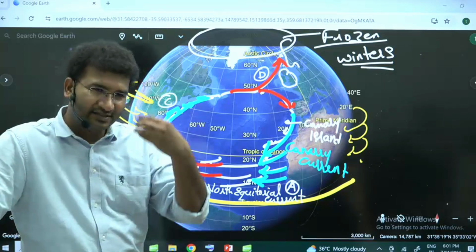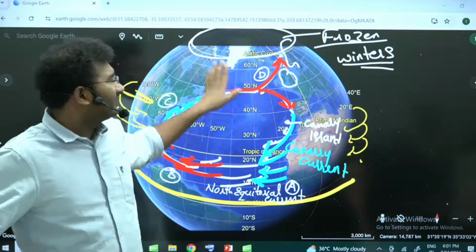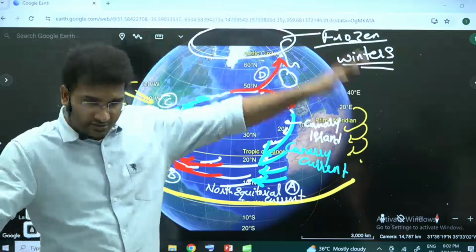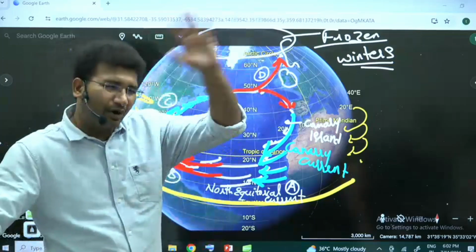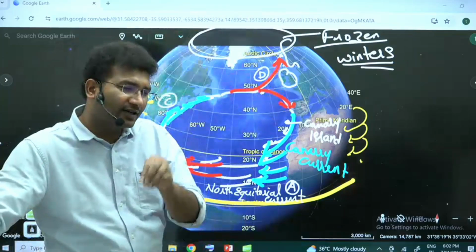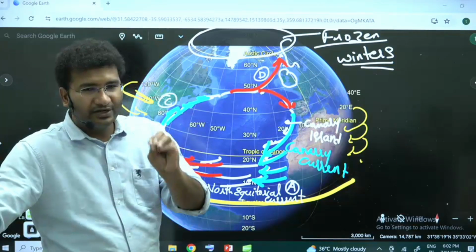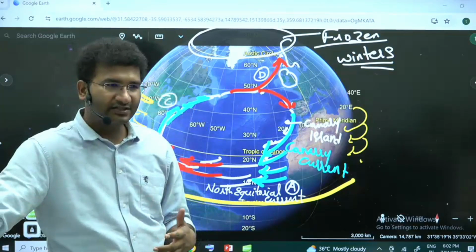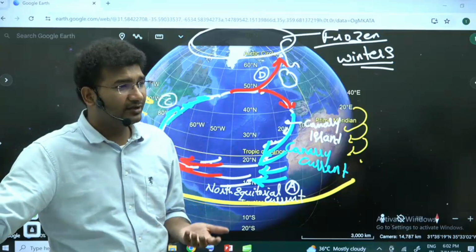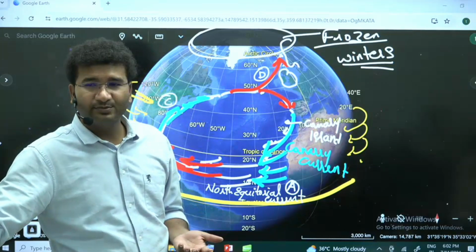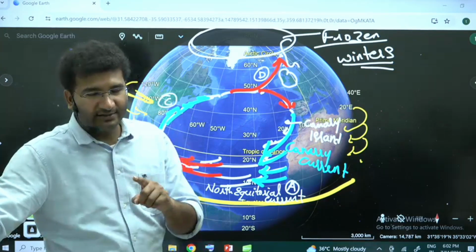I'll discuss this at a later time. Though these are in a broader view, we are discussing this. When you go to the climate chapter in detail, there I will discuss. Right? So Britishers wear that kind of dressing just because there can be rain at any point of time. That is called the British type of climate. Now why that climate is there, I'll discuss.